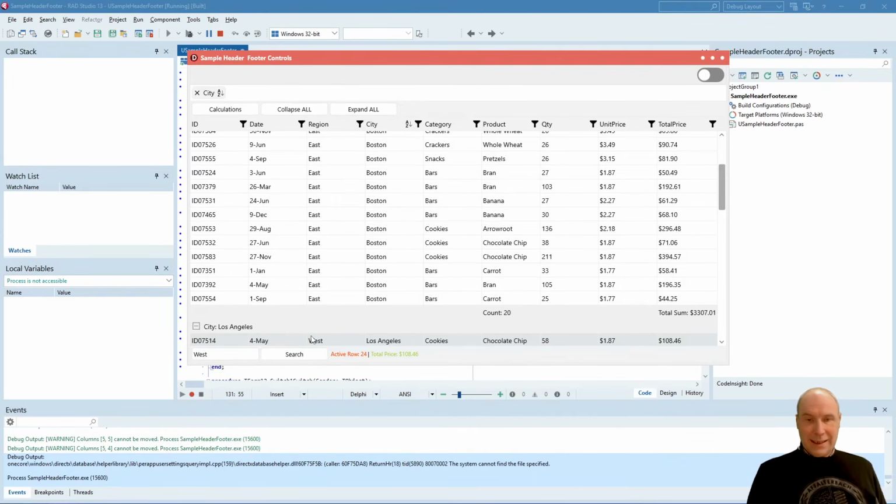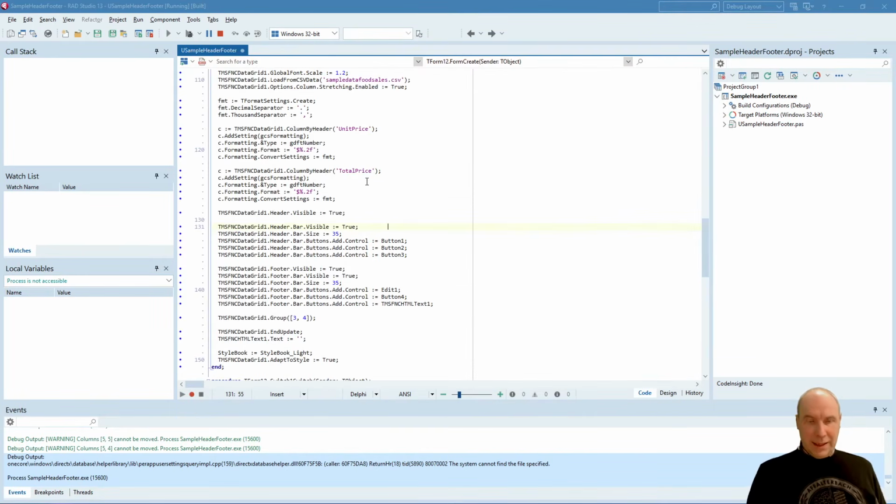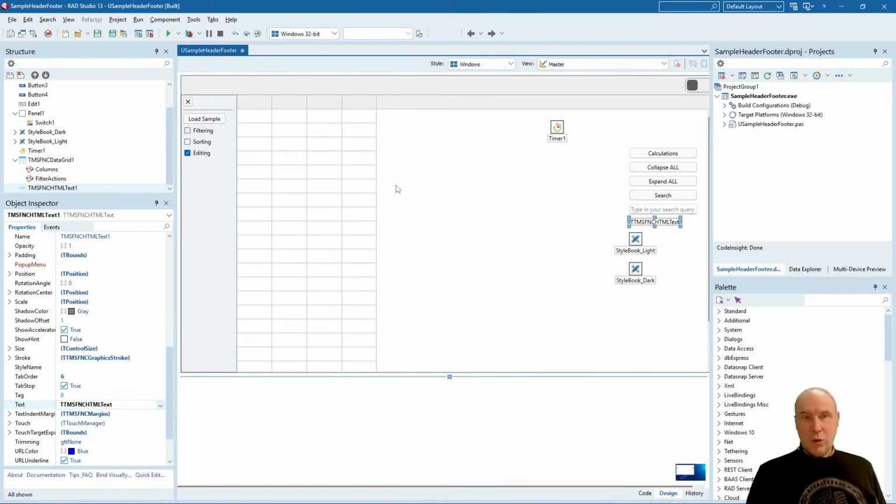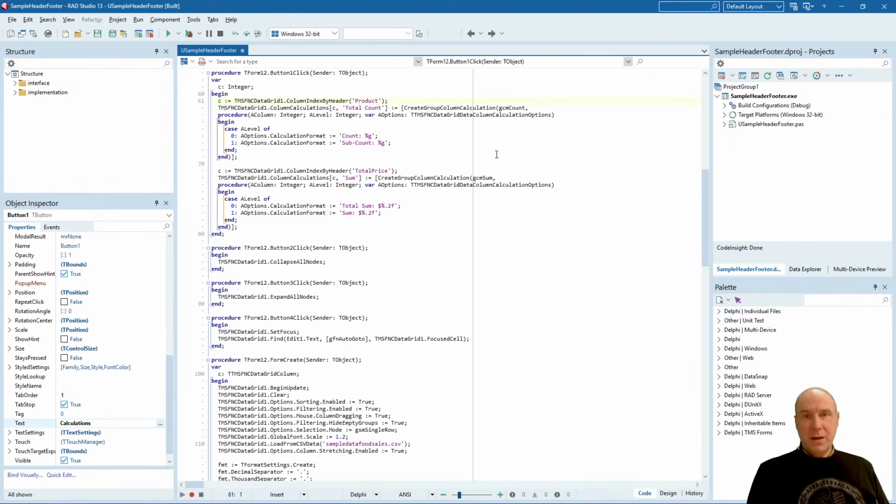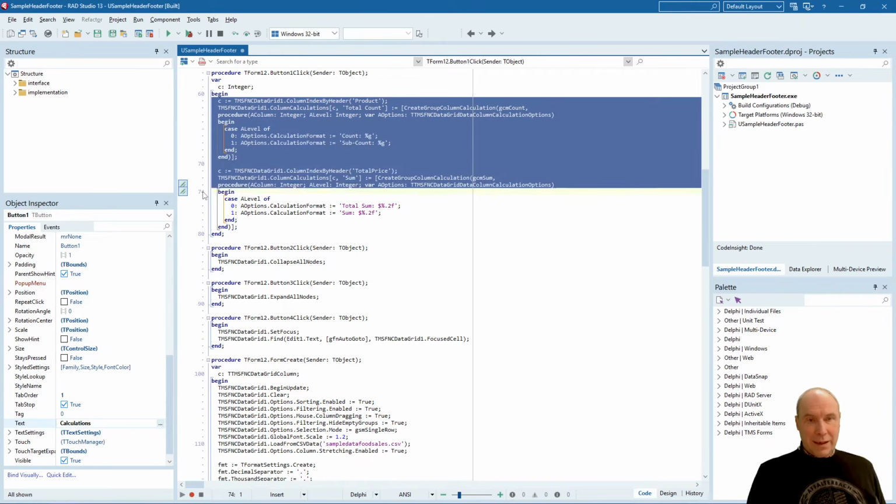and you can see that it has focused the row in the grid where it found the first occurrence of the word west. Let's have a look at the code behind, and we can do that by directly binding it to the event handlers of the controls that we added to the header bar or the footer bar. Calculations, for example, the simple event handler for clicking this button, you can find it here, and you can see